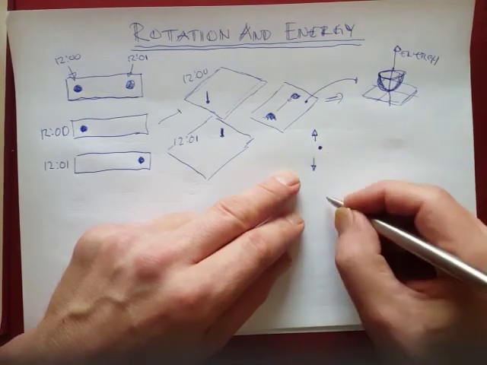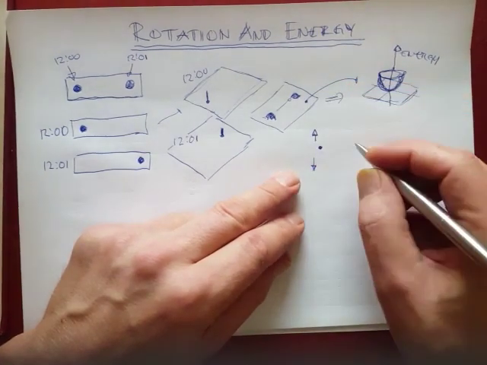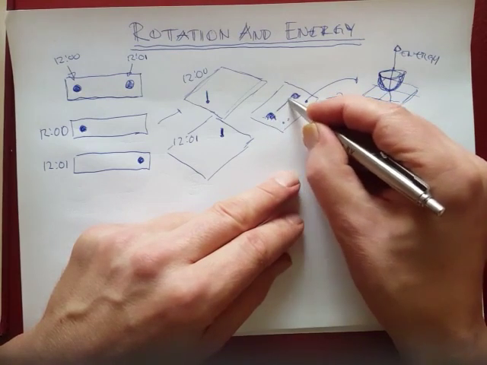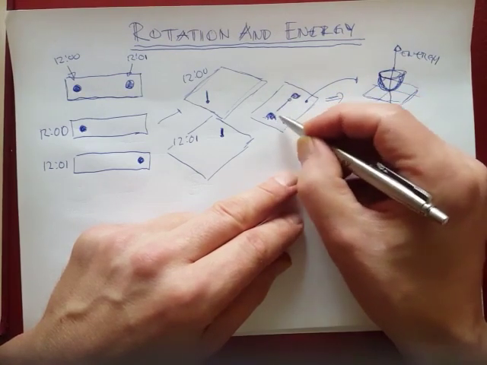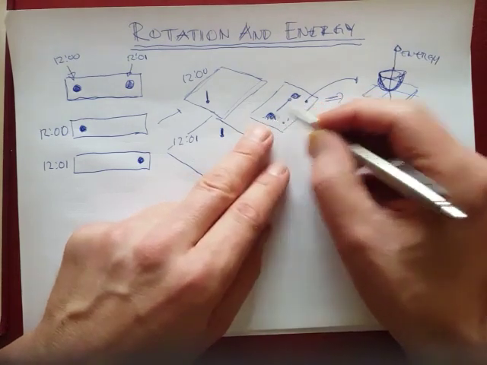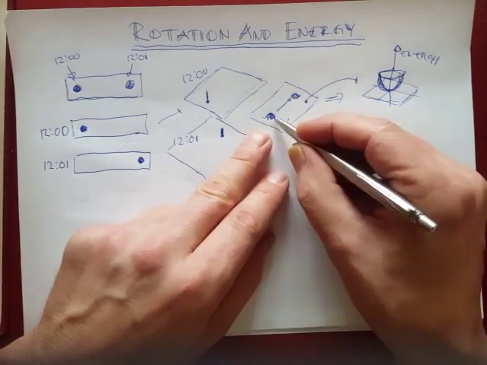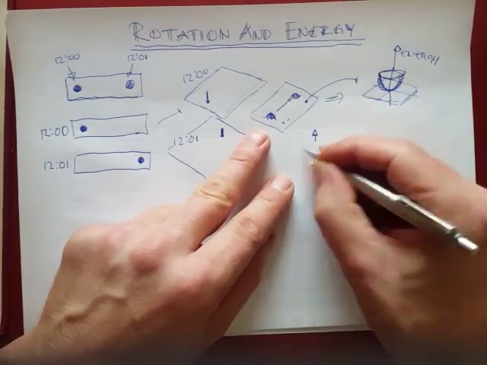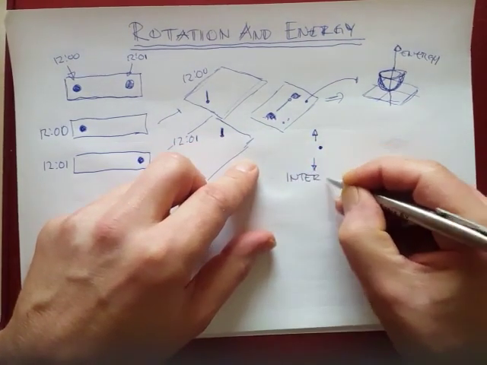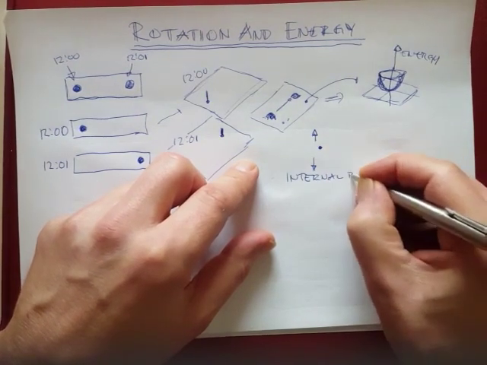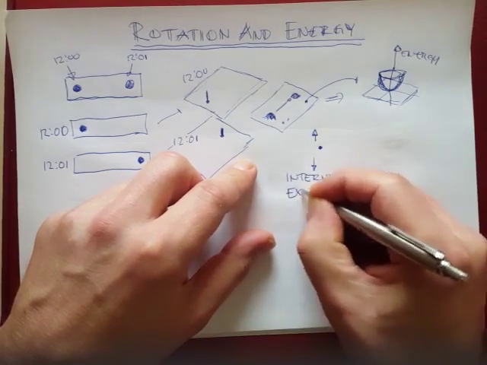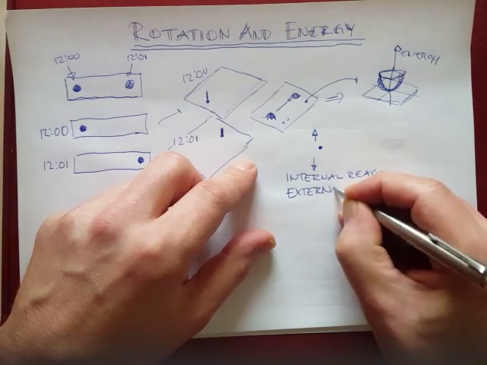Or I said that there may be something here in the field that moves, and that's something we could associate with energy or a pressure or whatever that moves in the field. So it's something that affects the point. So what we have is internal reasons, or we have external